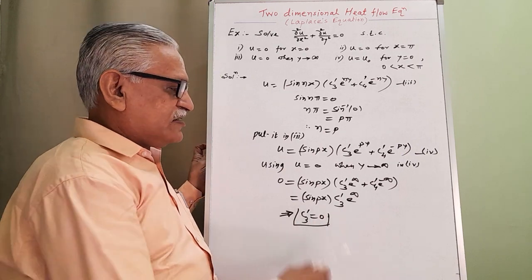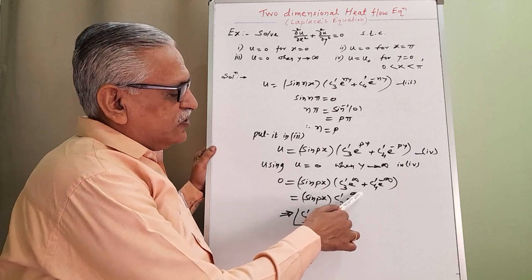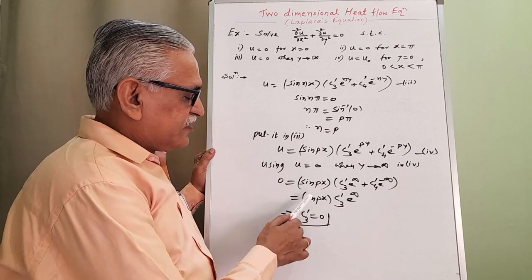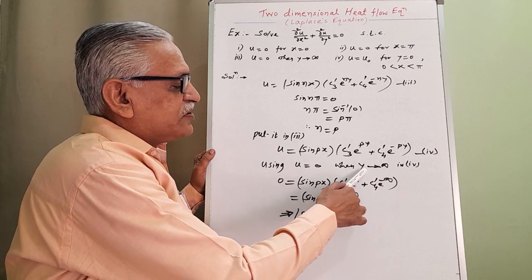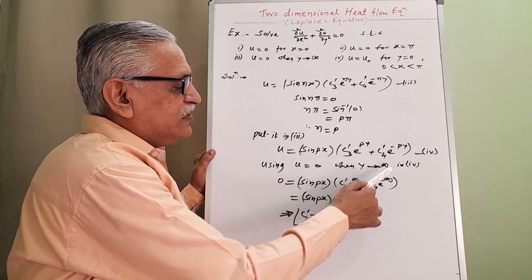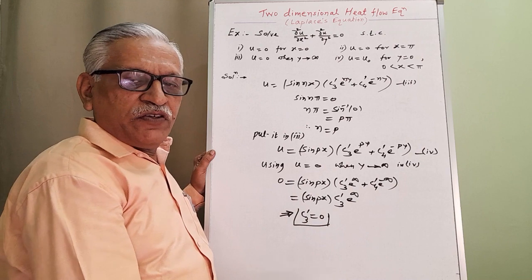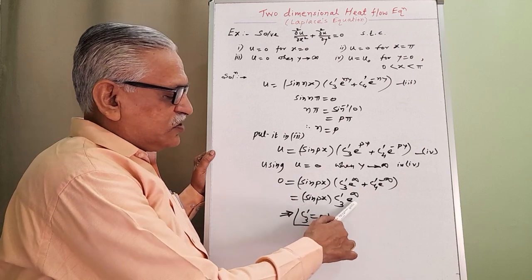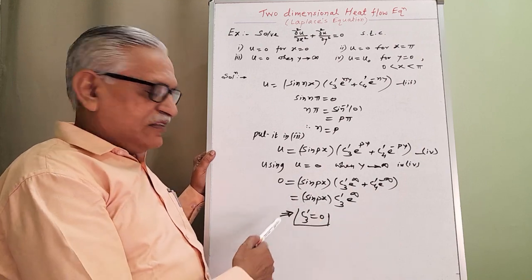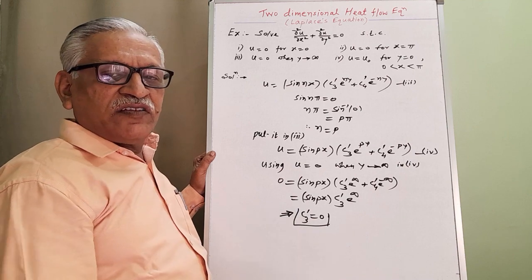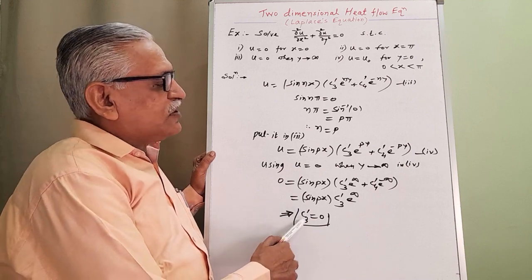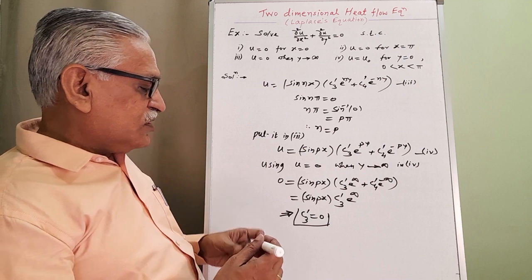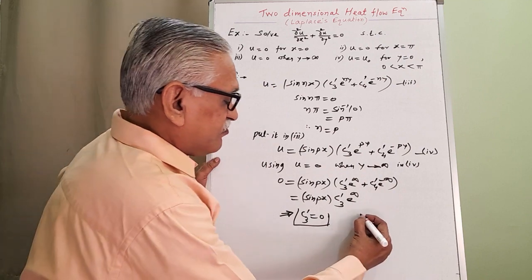Once again, I will repeat that statement. e raised to infinity is infinity. When the condition is given for y as infinity, x should not be 0. Therefore, this is not equal to 0. It implies the remaining term must be 0, that is c3 dash must be 0. Therefore, substituting that value in equation 4, equation 4 becomes